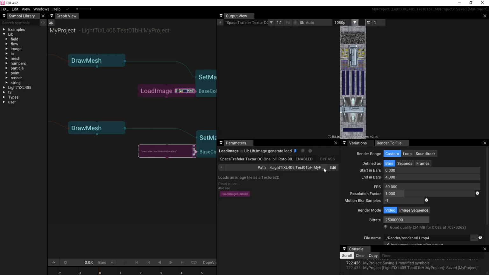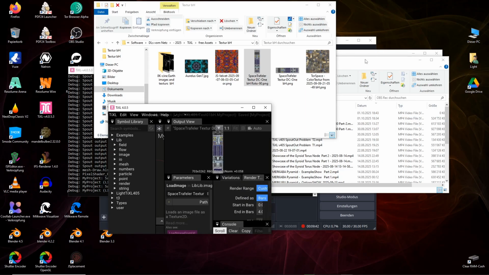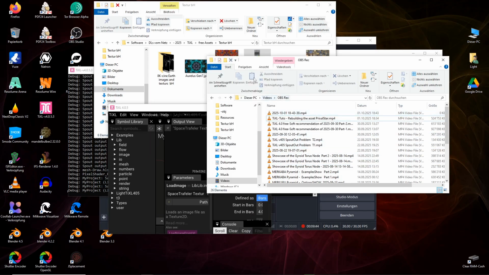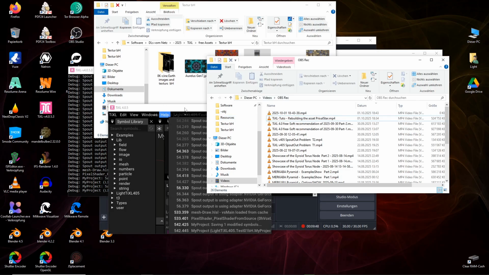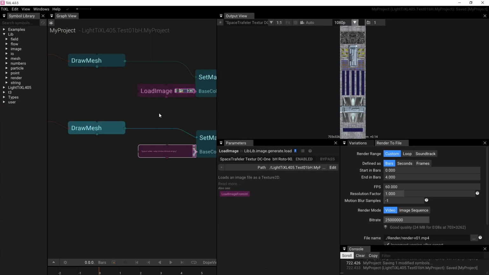and normally you always put the things in the folder of your TiXL, in your resource folder by your project. Where you have your project in your directory, you have a folder with TiXL when you have installed TiXL,